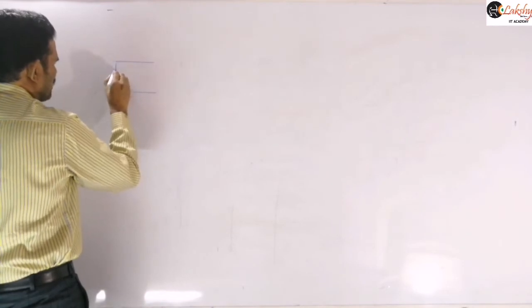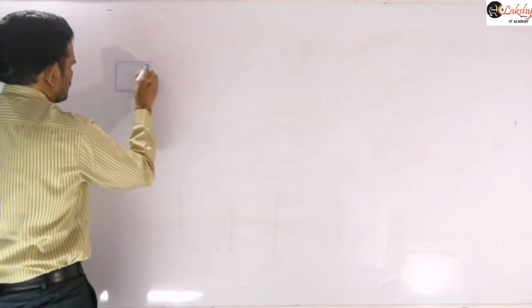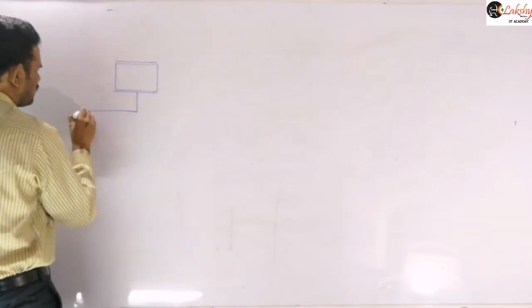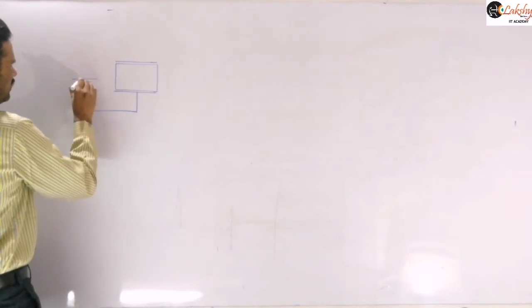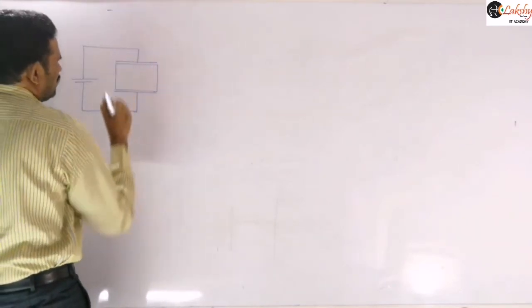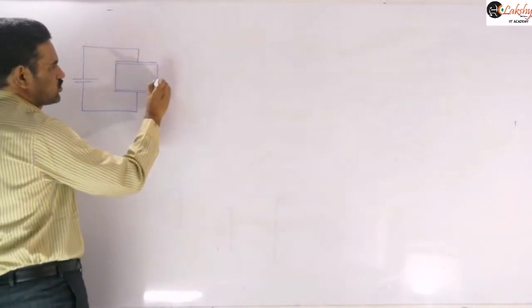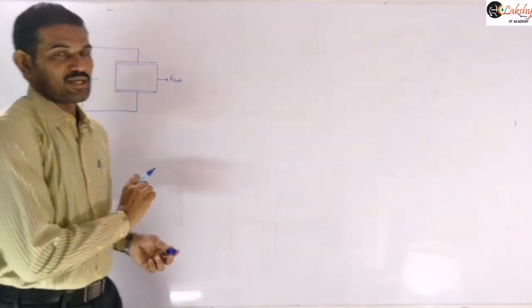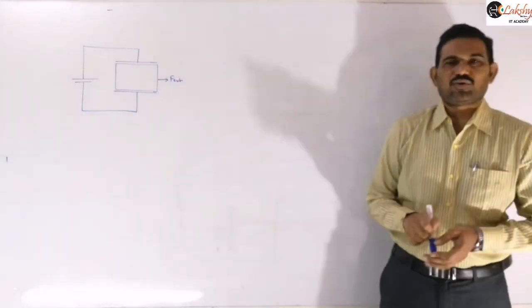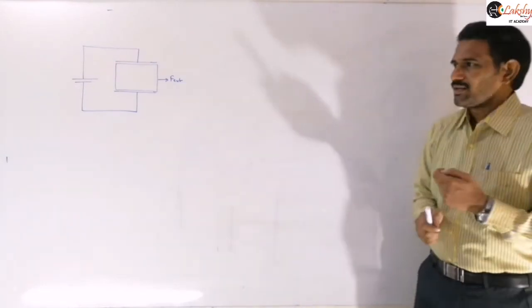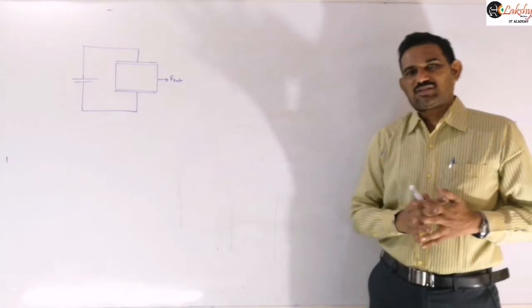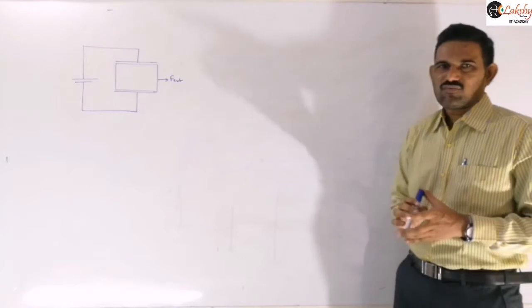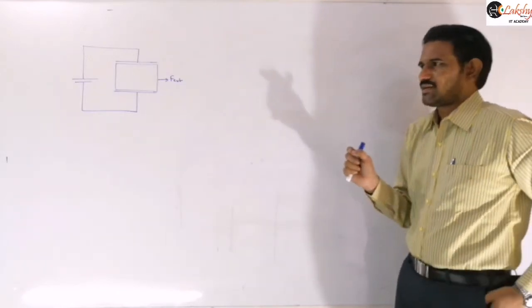Suppose initially I am taking an example like this: the dielectric is already present here, completely filling the space between those two plates, and now we are pulling it out by applying some external force. We are pulling it slowly, that is the important thing here, without any acceleration for that slab. So now we need to calculate the work done by our external force. Let us take an example based on this.